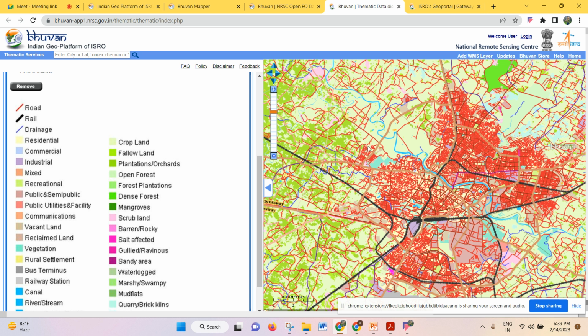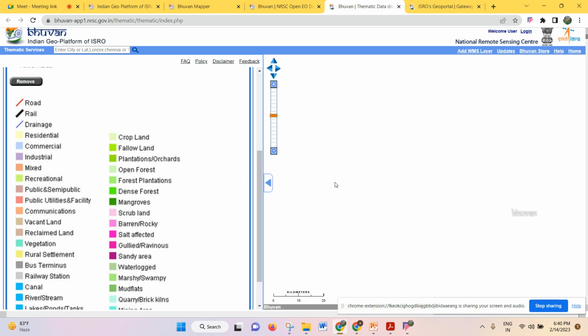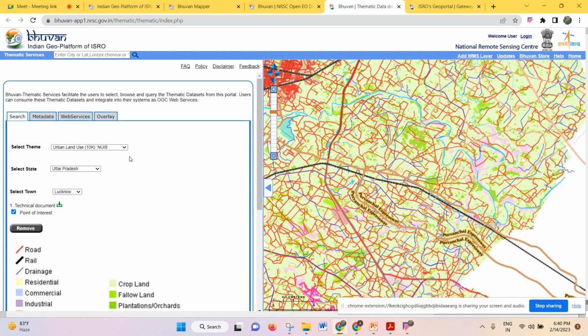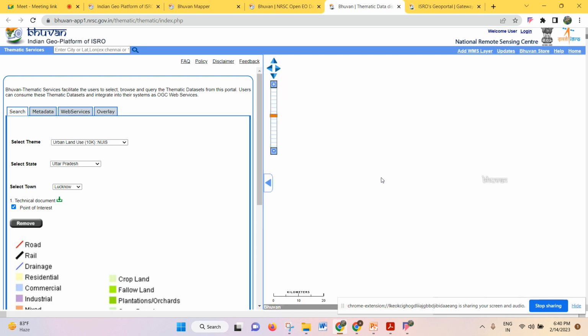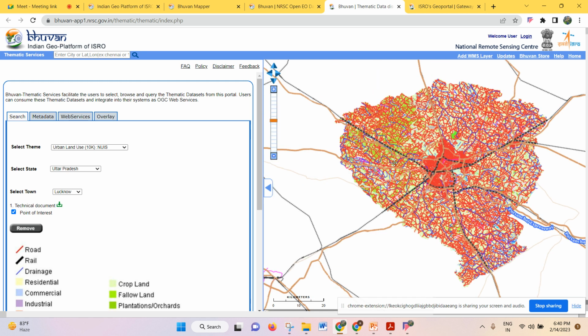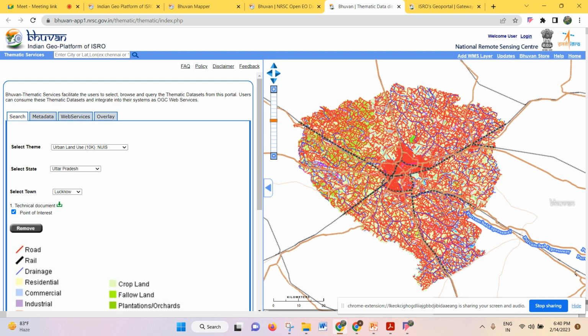They all are speaking: these are the roads it is following, and rail is that bold black color. And drainage path means river streams or drainage boundaries are these blue color lines. So you'll be able to see these features. This is land. Or if you want to download, I showed you this map. Whatever your area of interest, whatever feature you want to see, you'll be able to